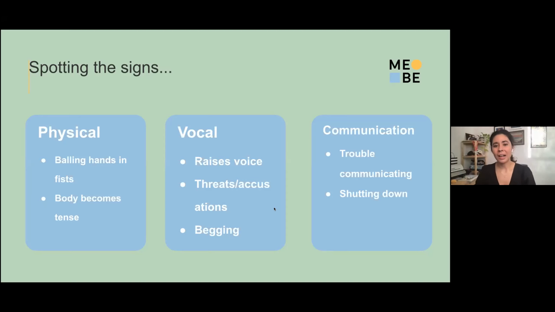Don't do that. Communication. Sometimes we have trouble communicating. You kind of lose your words. You start to let your voice come up here and nobody can understand you anymore. Sometimes you shut down completely. You just don't want to play. Whatever, I don't care, go on without me. This game is stupid. We don't really want to talk about how we're feeling right now. These are all really common signs of escalation for all of us to keep in mind when we're watching children play with each other, when we're watching spouses play with each other, sometimes even when we're noticing it in ourselves.